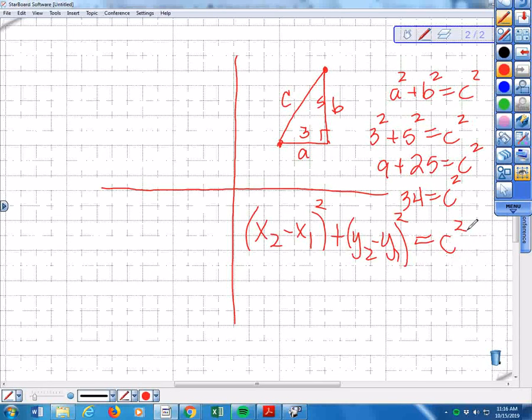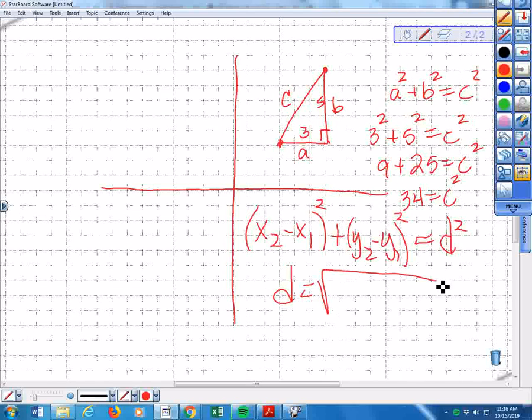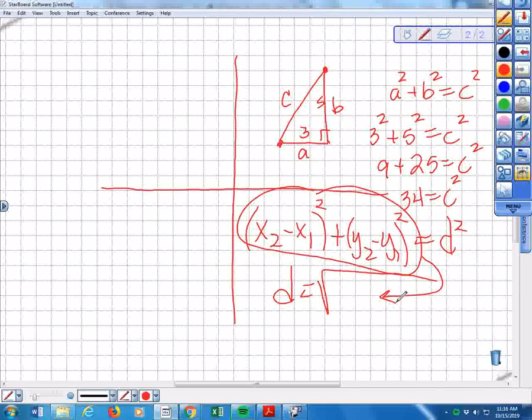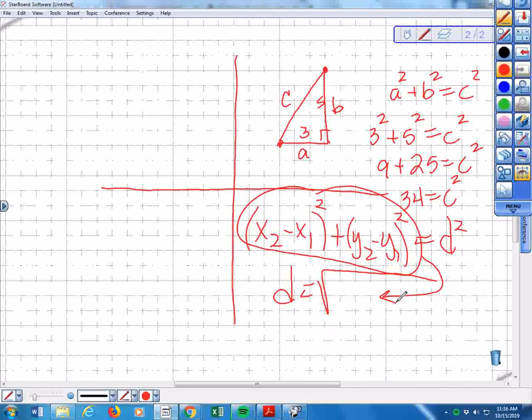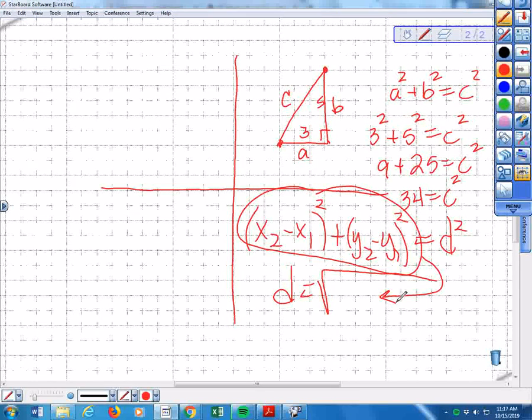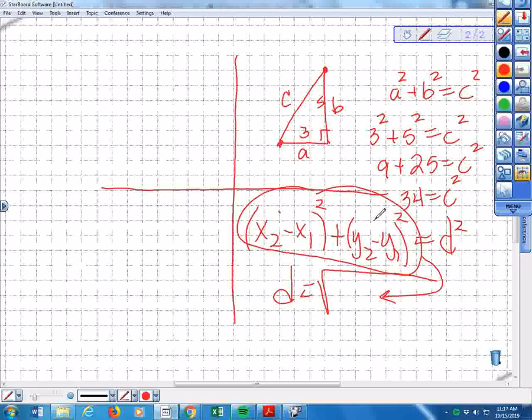So the distance, let's call this d, is the square root of this whole mess. But that's what we did. We found the distance from here to here and labeled it 3. We found the distance from here to here and labeled it 5. This piece was 3, this piece is 5, this was c squared, and then we took the square root of